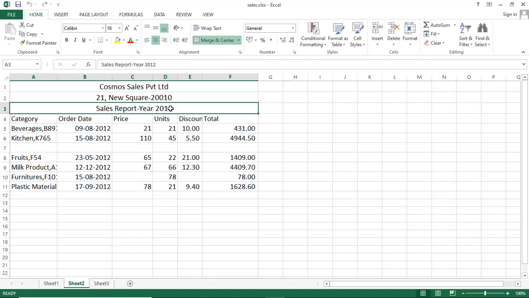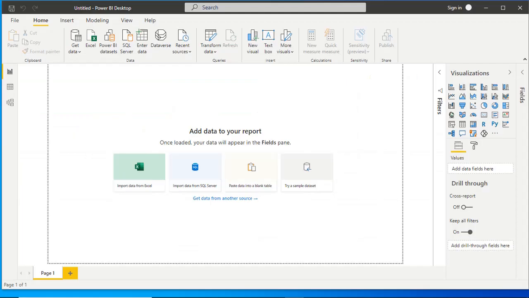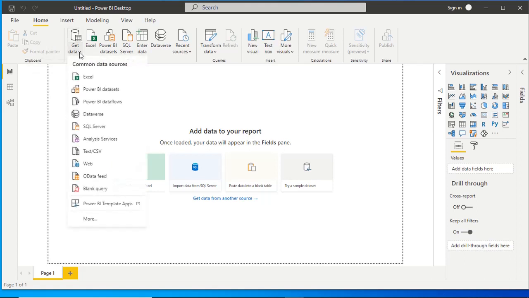Now, we will see how to upload this data in Power BI and how to clean and transform the data before actual uploading in Power BI. Now, how to get the data from the Excel in Power BI? In Power BI, we have a get data option. If you click on that one, then you get the list of the connectors for the different sources. So we are using the Excel.